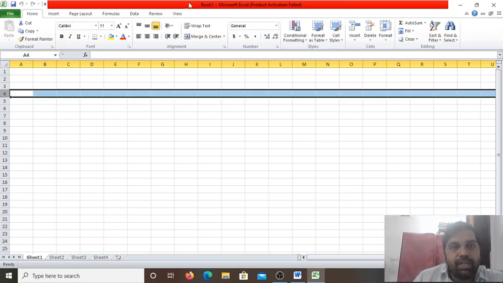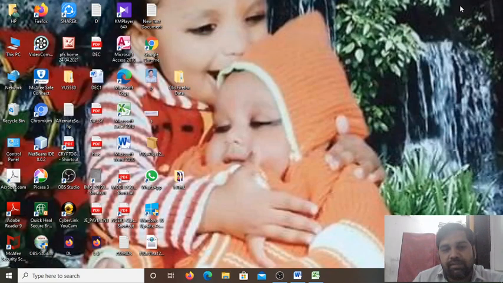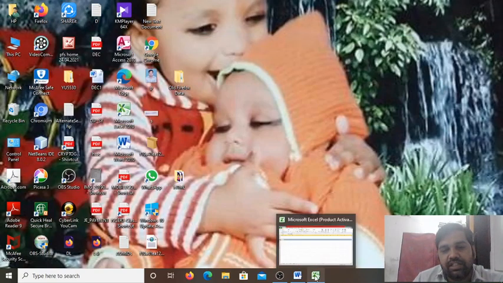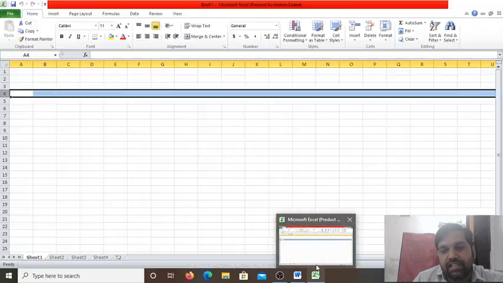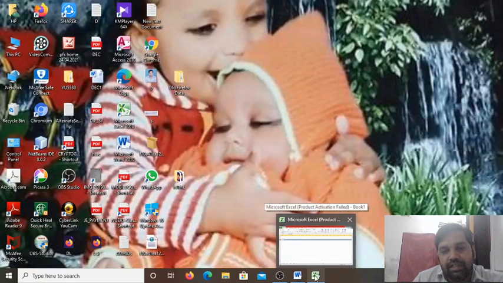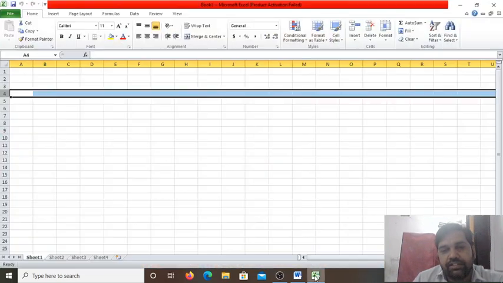So this is the title bar of Microsoft Excel. Always the name of the application is written. See, by default the name of the spreadsheet is Book1. Book1 - Microsoft Excel. This is the title bar and this is the minimize button. If you want to minimize it, it will go to the taskbar. See, this is the taskbar. Excel is on the taskbar. Again I will click on this Excel icon, so it will restore and come back on the screen. See, again this is the close button. If I click on this, this application will be closed. Okay,